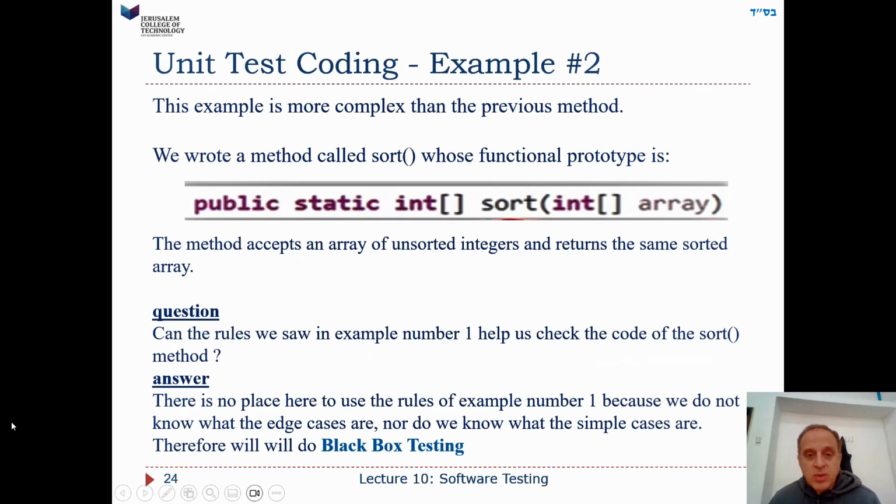Here's another example, sort. In this example, it is more complex than the previous one. It's not just dividing, we're sorting. The prototype is you give it an array and it sorts the array, an integer array. The method accepts an array of unsorted integers and returns the same sorted array. Question: can the rules we saw in the first example help us to check the code for sort? Not really. There's no place here to use the rules of example 1 because we don't know what the